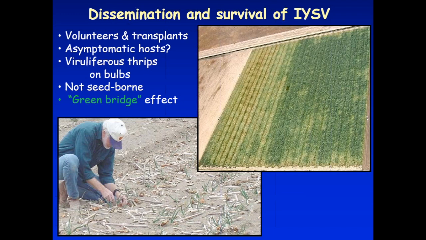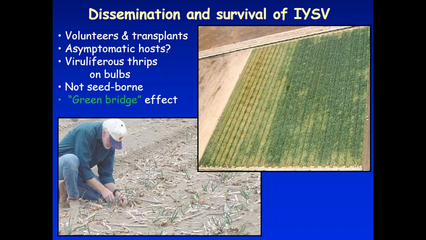So when last year's onion seed crop was maturing, at this stage, next year's seed crop that you see in the photo now had been planted and had emerged. So where did the thrips go when the seed crop is drying down? You have to dry it down to get the seed to mature. Thrips simply migrated over, carrying the virus with them.